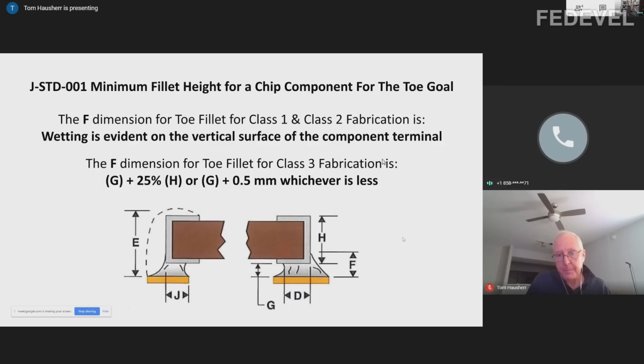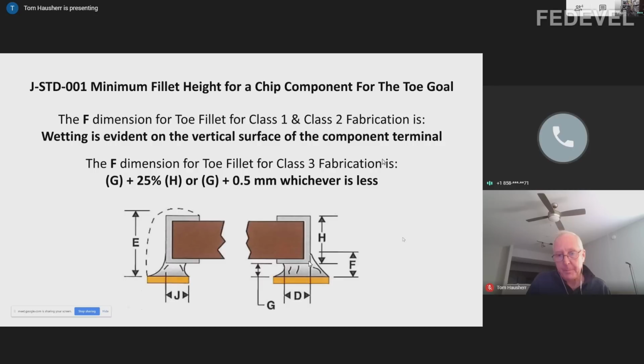Now, when we go back to this picture, we should understand what we can see here. This standard specifies the minimum height of this solder for chip components, for resistors and capacitors, and for class 1 and class 2 components, or this kind of components, resistors and capacitors, are well soldered when wetting is evident on the vertical surface of the component terminal. But if you are building boards for class 3, like medical equipment, then